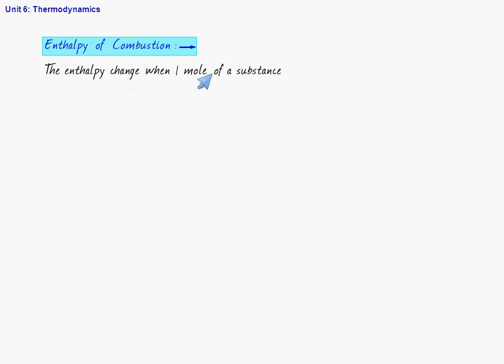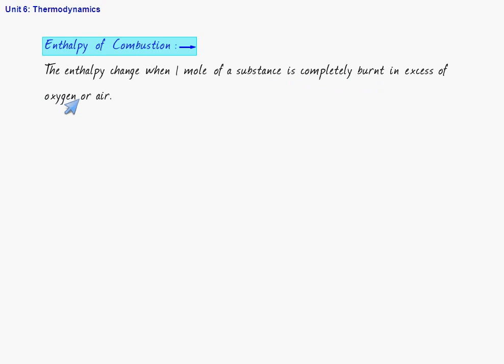Enthalpy of combustion. What is this enthalpy of combustion? If you have understood the enthalpy of formation, then you can easily remember the definition of enthalpy of combustion. This is defined as the enthalpy change when 1 mole of a substance is completely burned in excess of oxygen